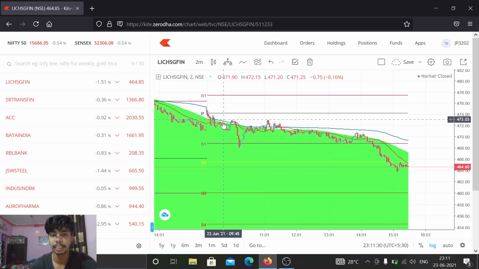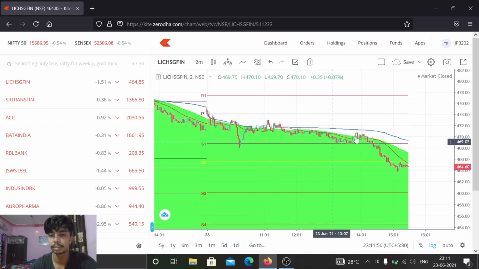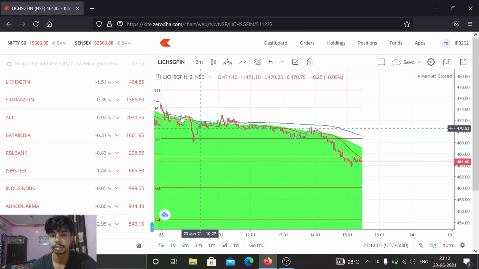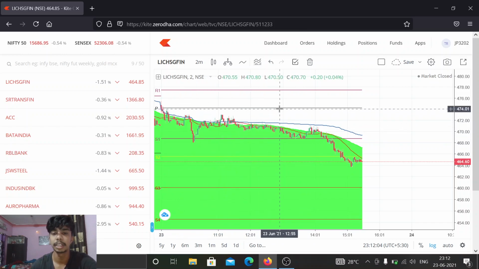In the morning, my view for LIC was that it will go up to this level, 477. Then I purchased at every drop, I purchased at 72, then it came down and I incurred a heavy loss. Then again I purchased at this level, 72. It may go up a little bit, but again it's down. Assume that we are trading in futures, so due to only two trades I may incur a loss of 10,000 or 15,000, and I deactivate this segment because I don't want to lose further.